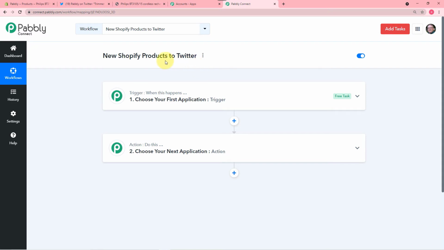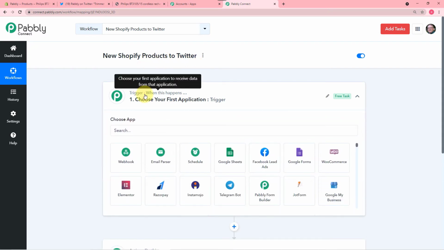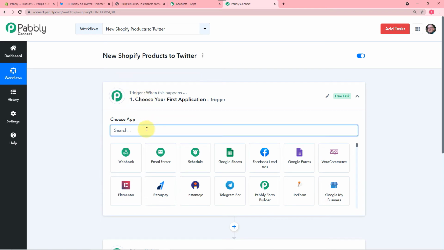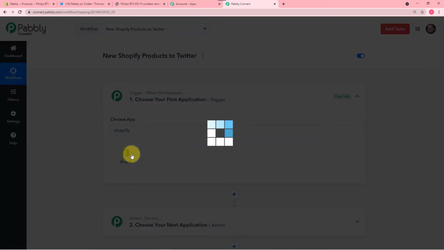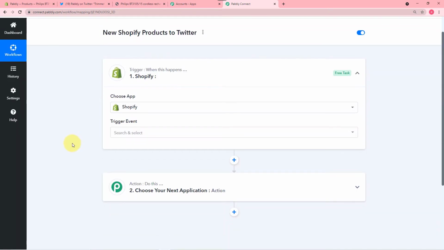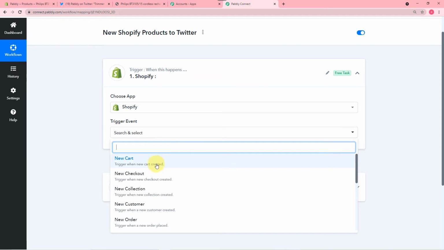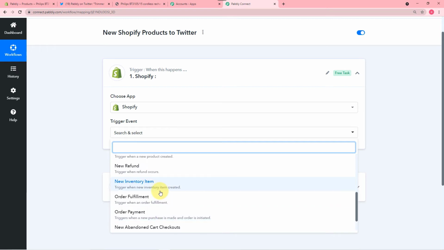All right. So first of all, you have to click here on this trigger window, and from this choose app, you have to choose your application, which is Shopify. So we are applying our first step, which is to connect our Shopify store with Pabbly Connect. So in the trigger event, you have to select new product updated, this new product option.